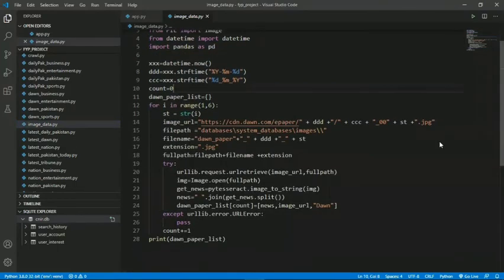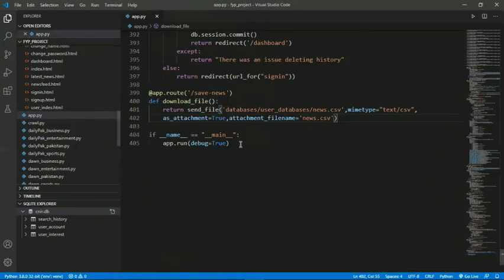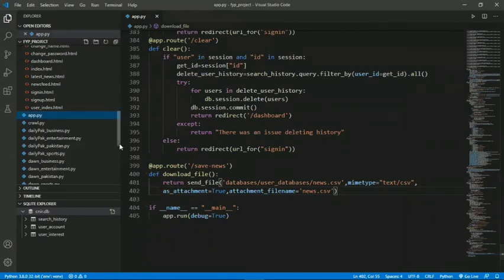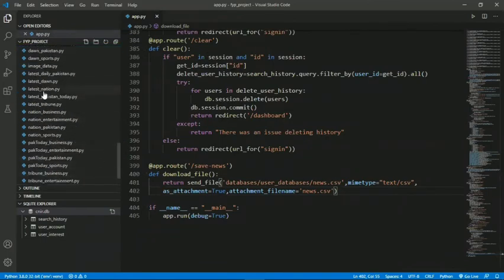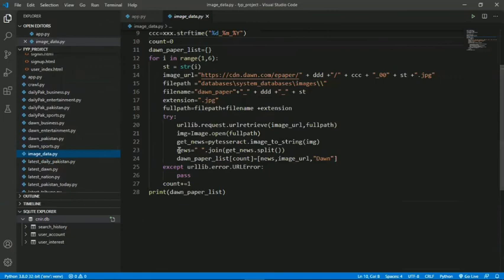Let me show you a certain newspaper now. So these are the images of the newspaper, and by applying the OCR, we have converted the text from the newspaper images. Now let us come back to our code, and by using the pandas file, we are appending it in a CSV file so that the next time, we don't have to search the internet, and we can only search our CSV file for the relevant news. So basically our web-based application will get better with time.